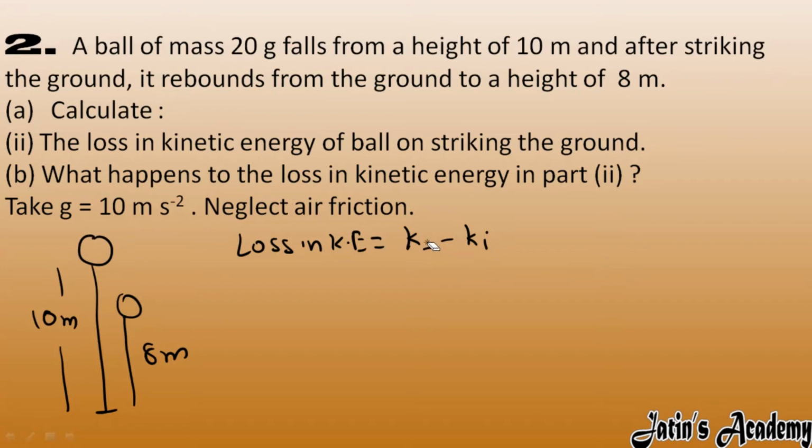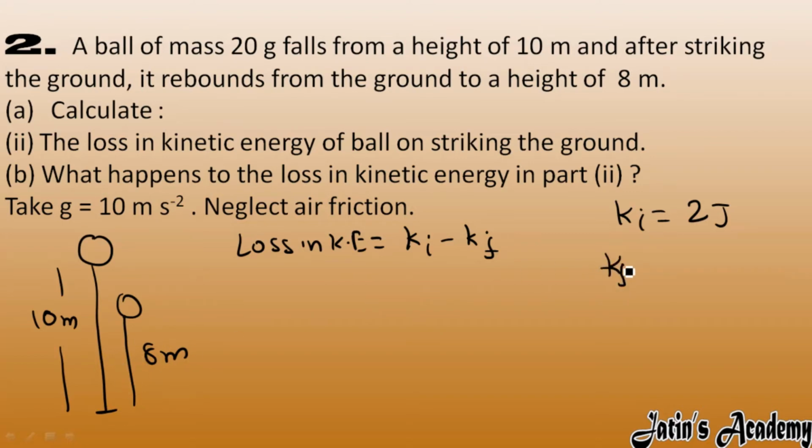So higher value in this case we have initial kinetic energy, not final. Because initial kinetic energy is more and final kinetic energy is less, we are calculating loss, so we will subtract initial minus final. Initial we have already calculated, that is 2 joule. Now we have to calculate final kinetic energy. So if we are talking about final kinetic energy, after striking the ground the ball attains a height of 8 meter. It means this